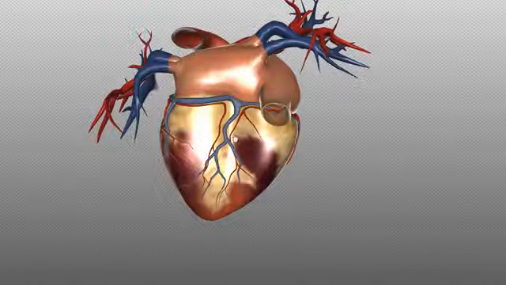In the majority of people, the posterior interventricular artery arises from the right side, but in some patients, the posterior interventricular